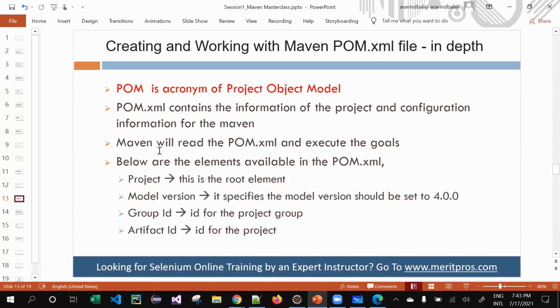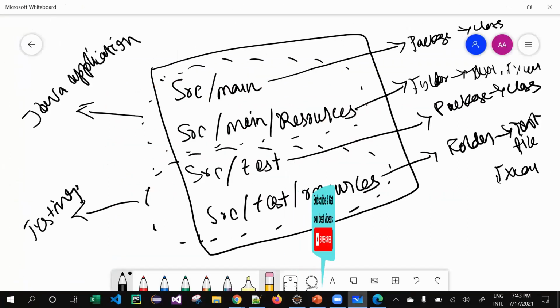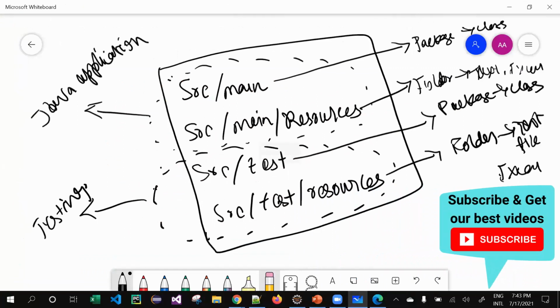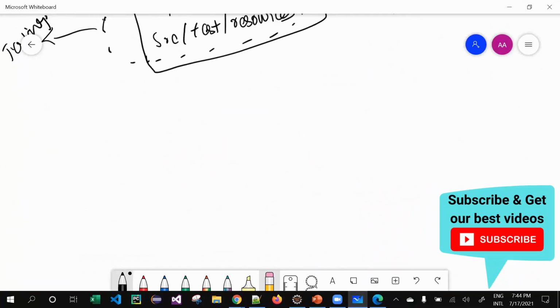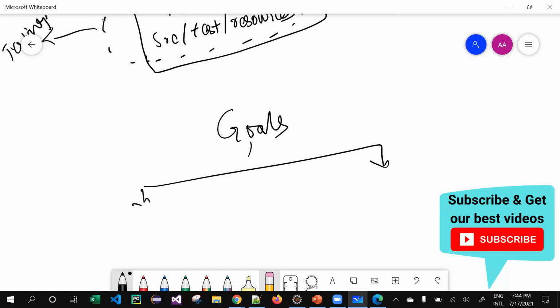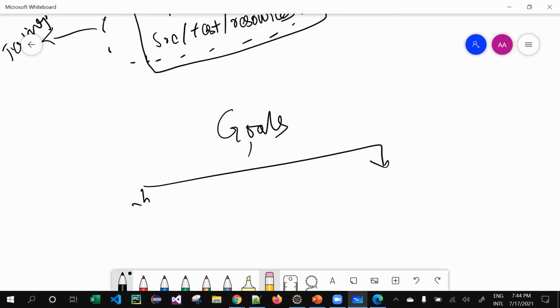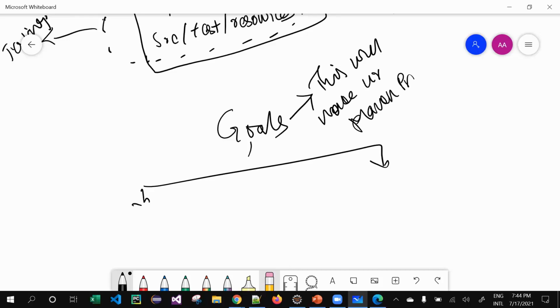Goals are different things. Let me quickly check what goals actually are. We define different types of goals. I'm just briefing it to you, but in detail we'll be seeing it in the next sessions and next PPTs. Don't worry about it. Goals are nothing but what will make your Maven project run.